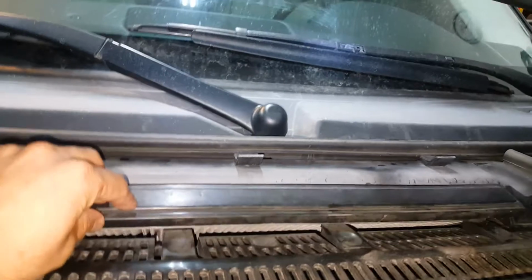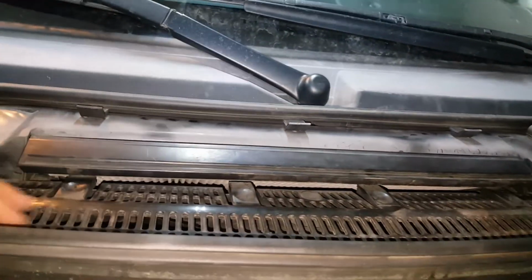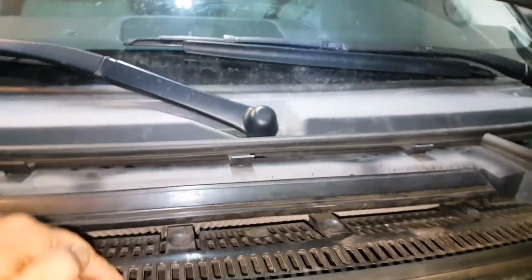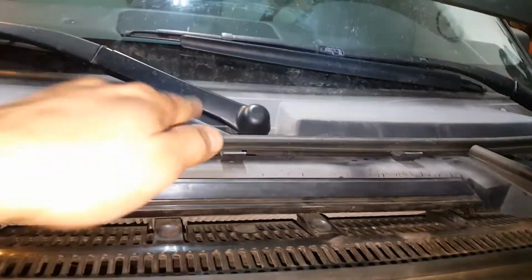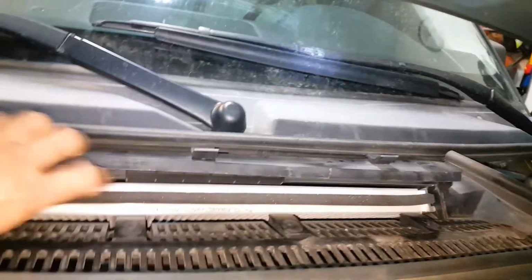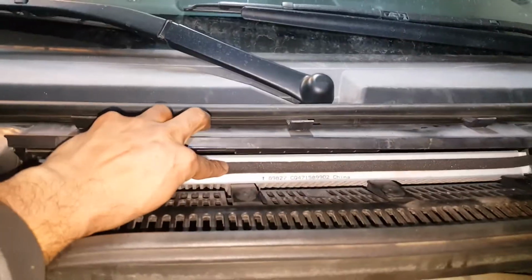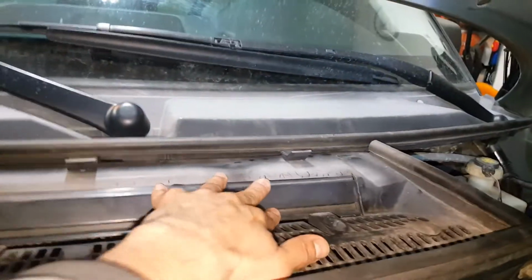So the way air flows through here is, once you have the fan on, the air is drawn in through this screen up top here. It flows down from there, then it's pulled up through the filter, going up and into the cab that way. So again, you want to keep the air arrow up the way it should be. Once you have the filter in where it's supposed to be, you just push down on that lid and it will